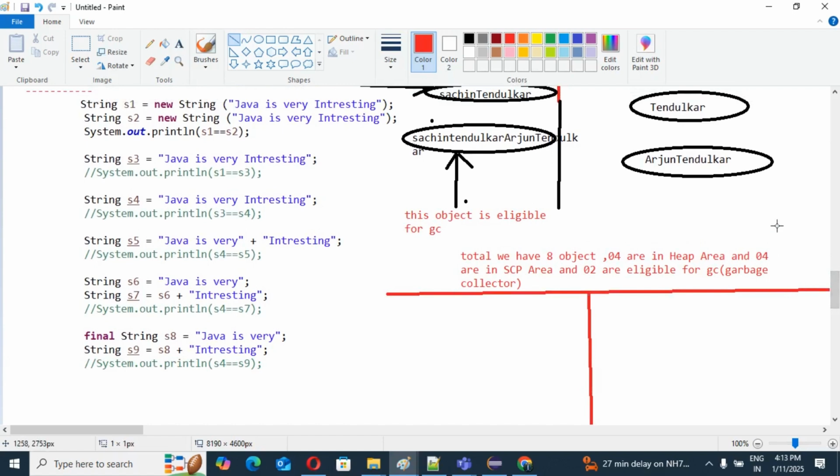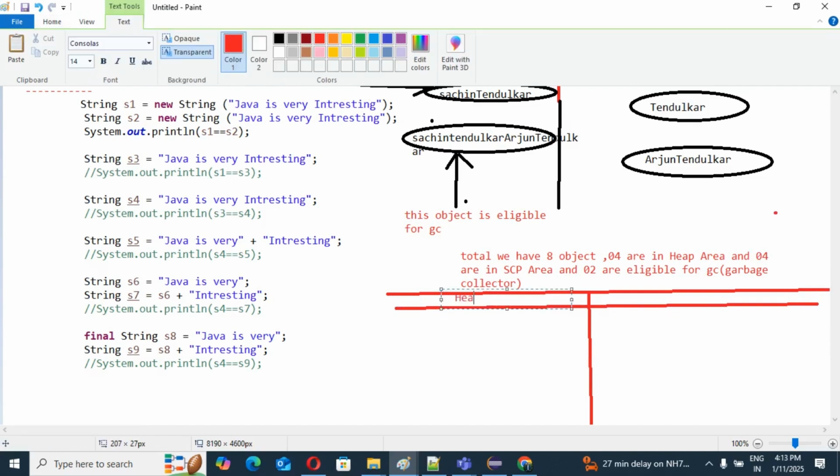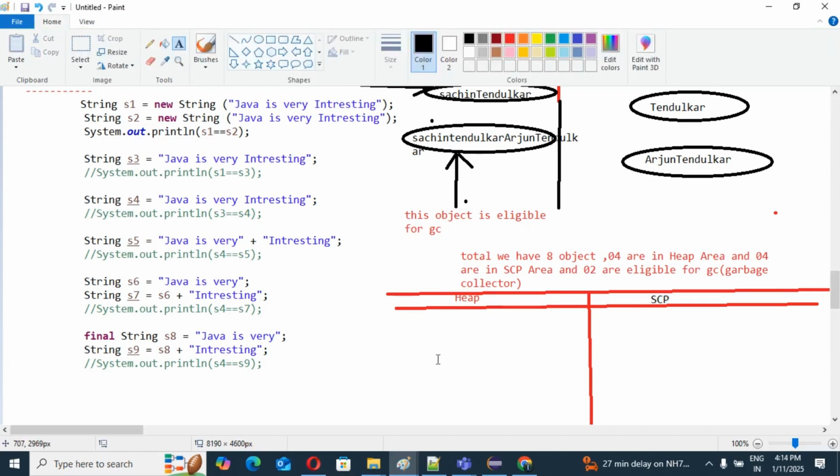So guys, see, already I mentioned that this is our heap area, and this is our SCP area. First line: String s1 equal to new String("Java is very interesting").